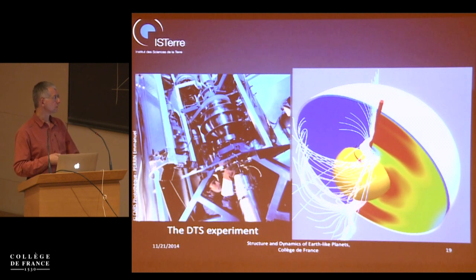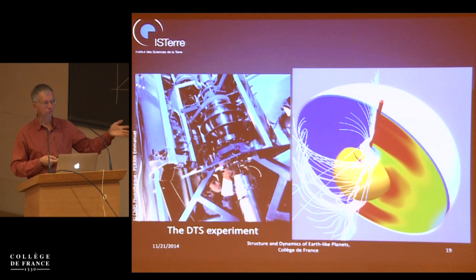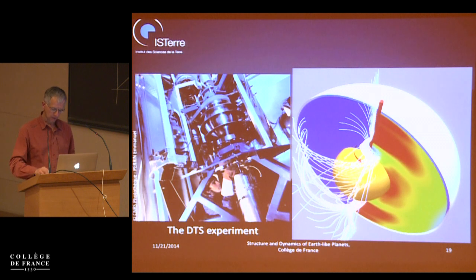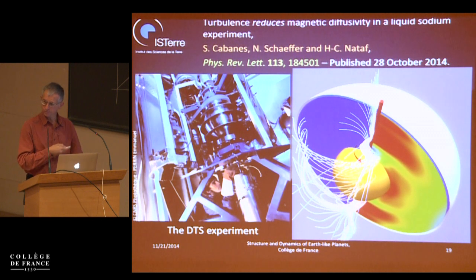And the thing we've recently found is that we can have some information about what is a small-scale response, in a sense. That is, what is the effect of motions we cannot measure directly, small-scale turbulent motion, fluctuations, on something which is related to the large scale. In other words, in that case, the magnetic diffusivity, which is the one which plays a role at the integral scale, if you want. And this is something we've just published last week, with Simon Cabane, our graduate student, and Nathanael Schaeffer again. And what we find is that turbulence reduces magnetic diffusivity in some part of this experiment where the magnetic field and rotation are strongest.